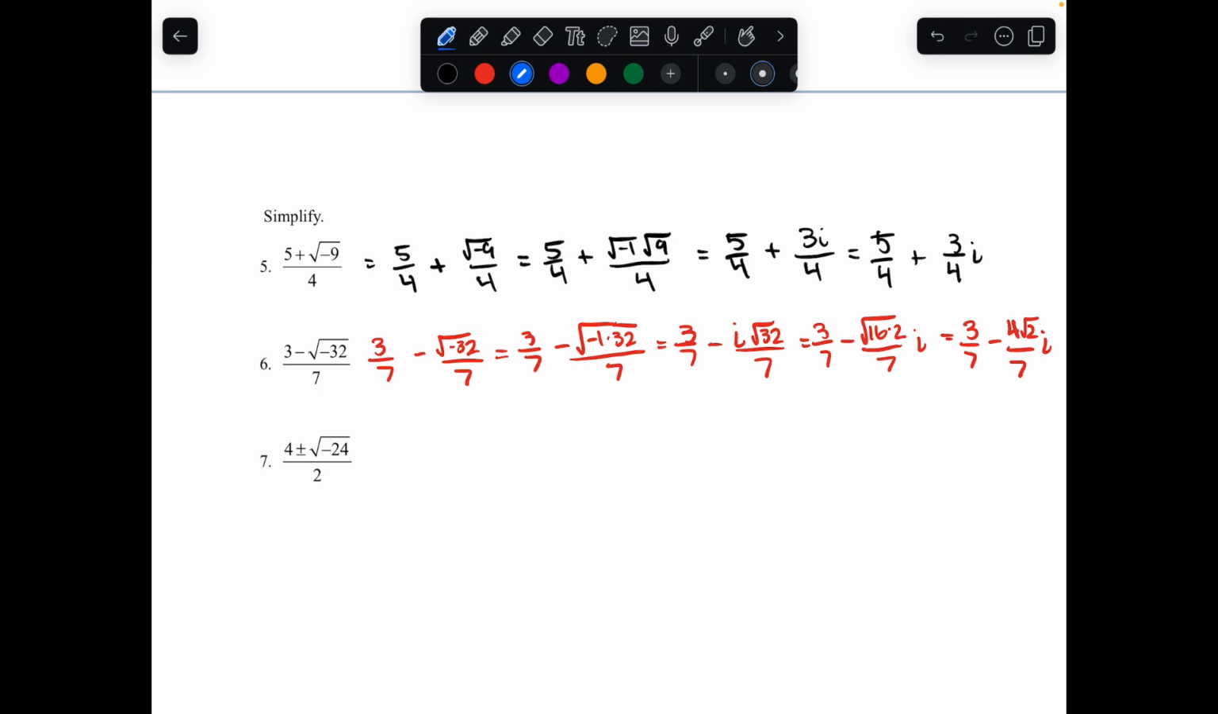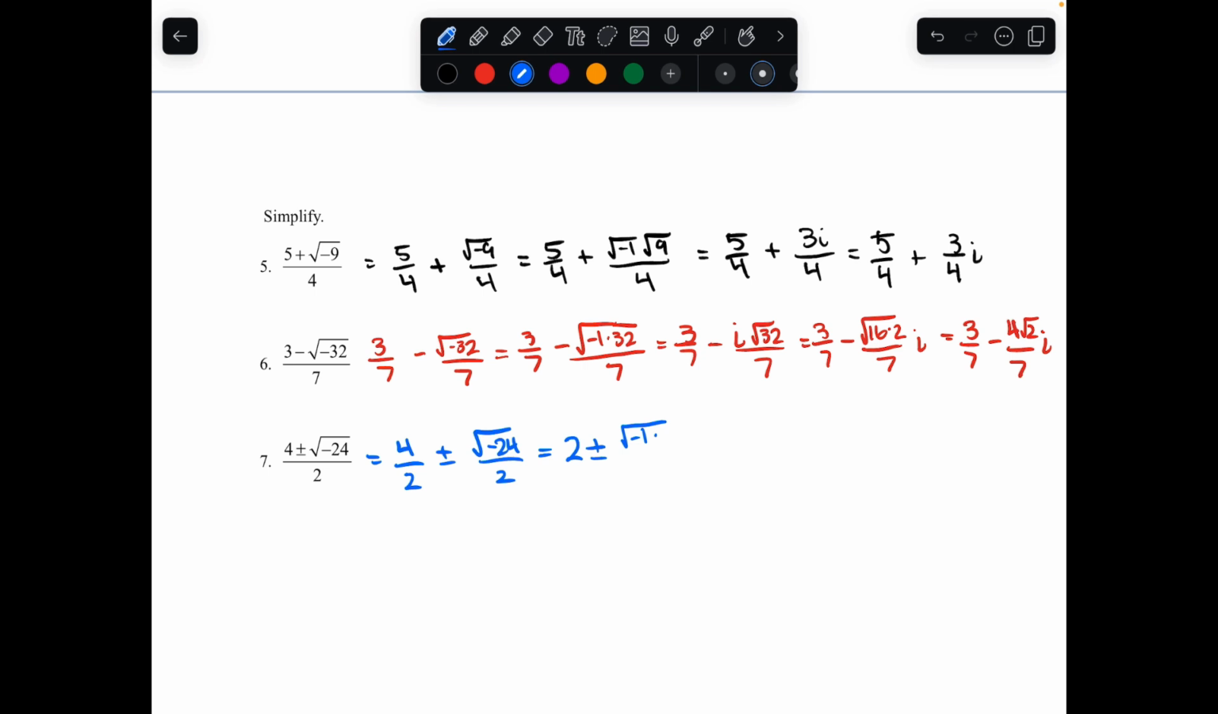Moving on to our last problem, we have 4 plus or minus the square root of negative 24 divided by 2. Let's try to put it in standard form. So let's go ahead and separate it. So we have 4 divided by 2 plus or minus the square root of negative 24 divided by 2, which then becomes 2 plus or minus the square root of negative 24 divided by 2. But let's go ahead and break that down. The square root of negative 24, I can write it as negative 1